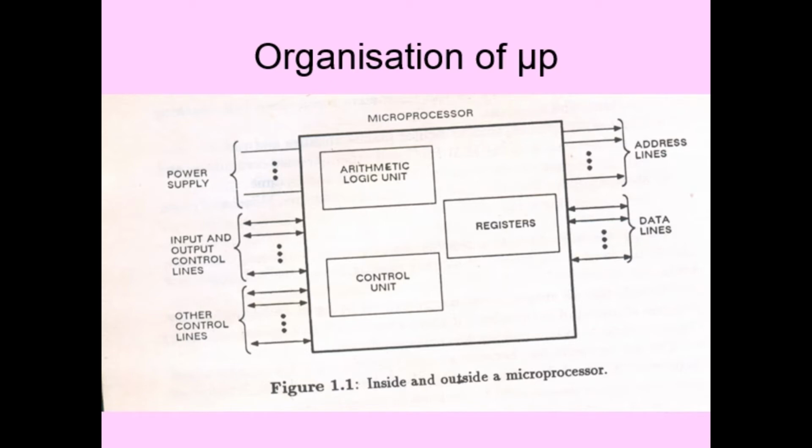Next, you have input output lines. See this arrow mark on both sides, which means it is bidirectional. It can give the information and it can also take the information. Whereas you can see some address lines whose function is only to transmit the address from the microprocessor to the locations, not back. Going back happens in the data lines, which are bidirectional. So whatever you see over here, this entire sketch is the organization of a microprocessor, the components of a microprocessor along with the lines. Is it clear?